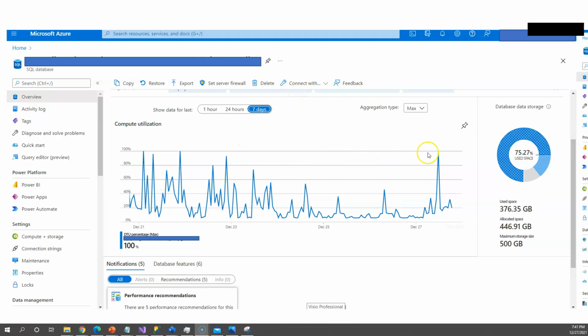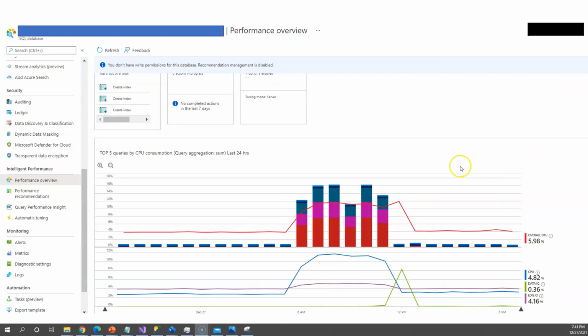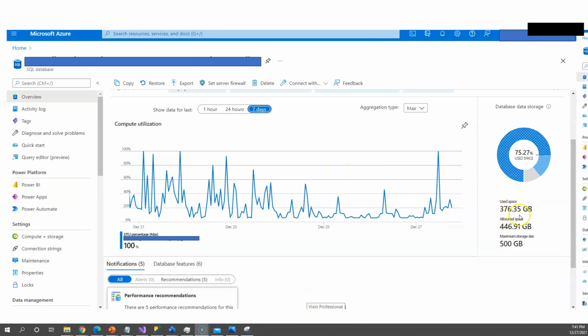Here you can see how much compute was utilized during the last 7 days, so that sometimes your compute utilization could be a culprit for your database performance going down, and even your size of used space. For example, you've got a maximum storage of 500 GB, but you have already occupied maybe around 490 GB, so the performance automatically goes down. So you have to tier up or tier down based on what you have to achieve. For example, if you want to save the cost and it was underutilized, you will definitely save the cost by down tiering. I'll show you how to tier up or tier down here.